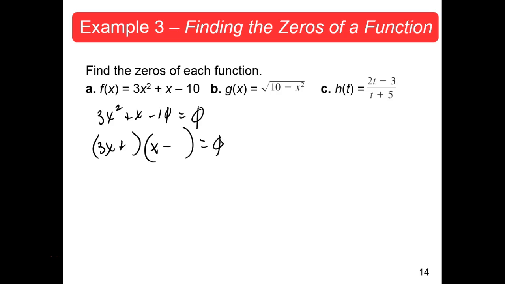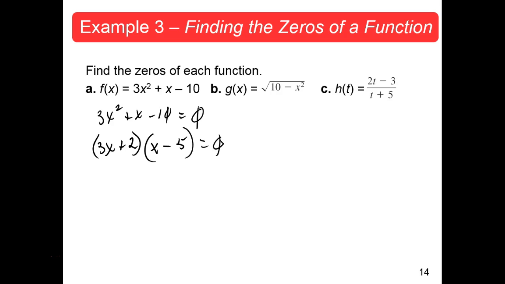Now, 10. There are several factorizations for 10. Give me one. 2 and 5. Let's try it that way. Let's try 2 and 5. Okay, let's see if that works. We're going to FOIL it, right? And when you FOIL it, you get